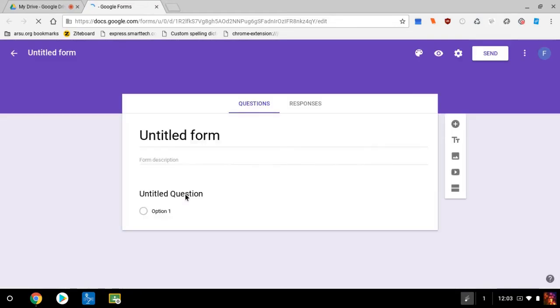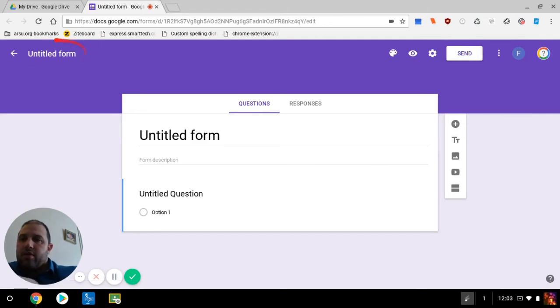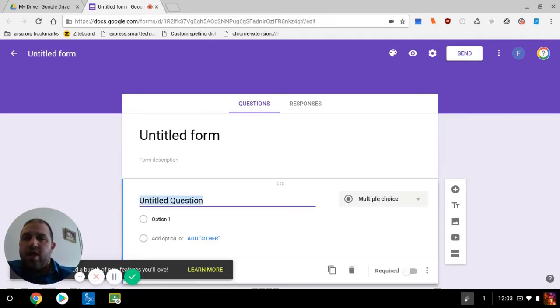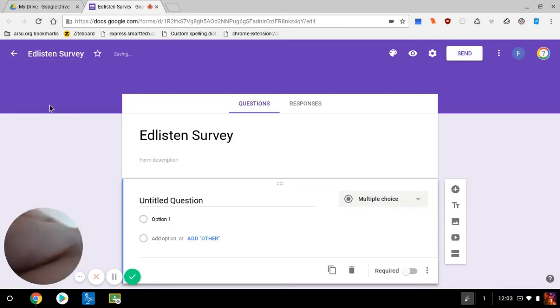When you're looking at this, there are two places to put a title. There you go. Now it's loaded up for me. Right up here, you'll see an untitled form, and that is the file name. And then you also see the untitled form right here, and that is the title of the form. So your file name can be different than the form. And I'm just going to put something in here, "Ed Listen survey." If I click off, you'll notice that it does bring it across, but you can change